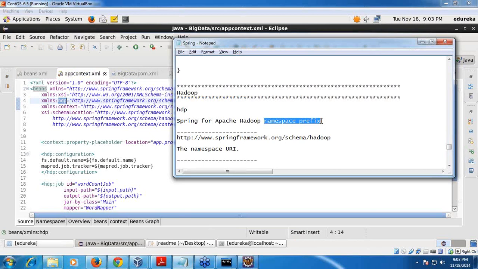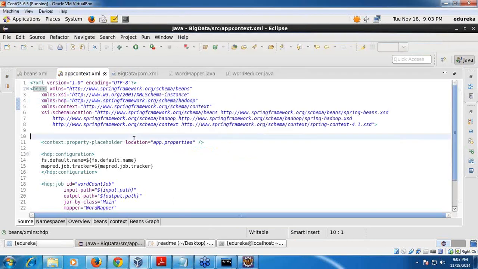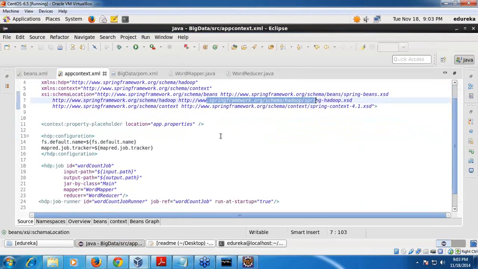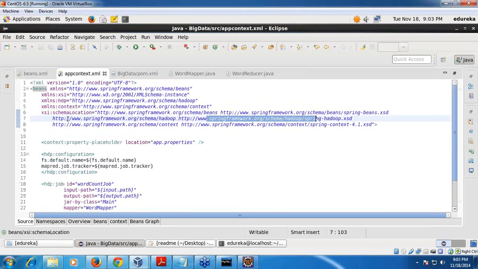It is just a namespace prefix, Spring for Apache Hadoop, SDP. And then this web page is the namespace URI. You need to give that, and right next you need to write this Hadoop context, Hadoop, and then this namespace URI. So now you just need to specify these two.